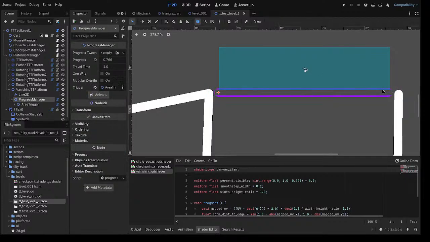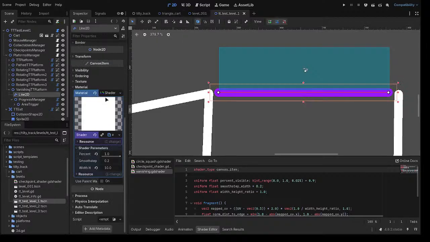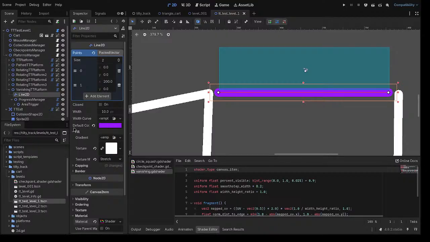But this is more in line with what I'm going for. And I had to simply attach a texture to the line in order to get that to work, which I guess makes sense. But since I didn't want there to be an actual texture, I just literally made it a white rectangle. So I'll save as,